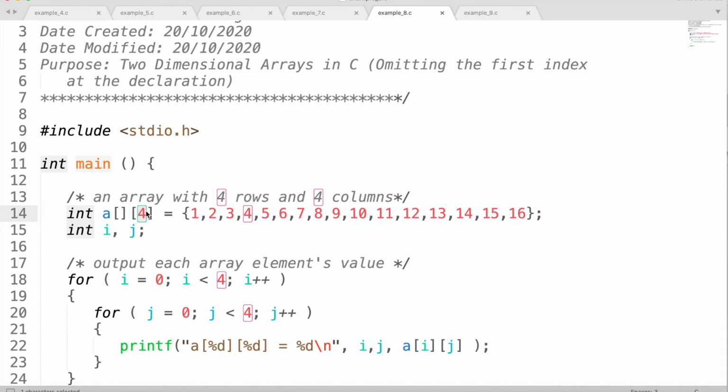So that is how it has divided these 16 elements. You can skip only the first dimension, you cannot skip the second dimension. Sometimes people will think they can give the 4 here instead, but then the compiler will throw a compilation error saying that you need to specify your second dimension. Because if you provide only your row number, the computer doesn't know how to put these 16 elements into columns, right?